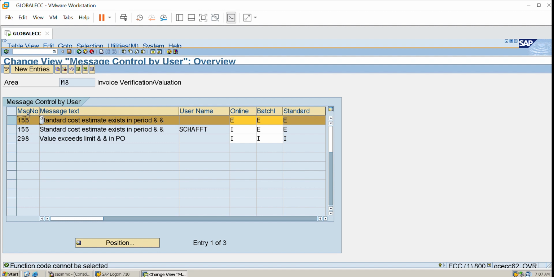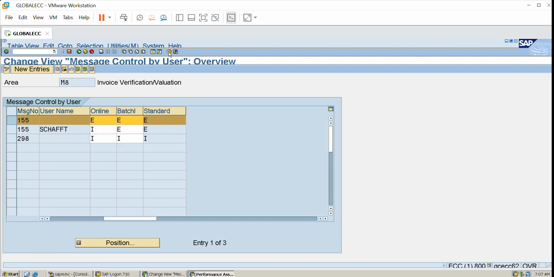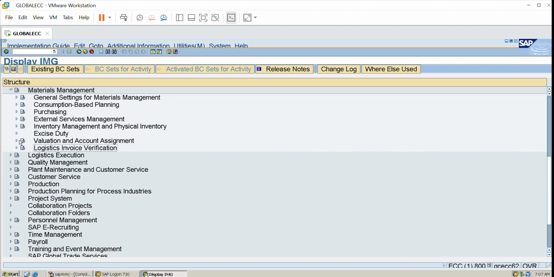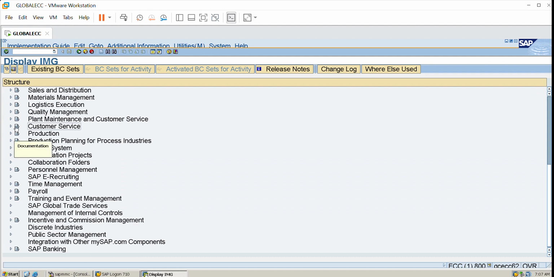Okay, so go here and try to click this help. Okay, for you this option is not available. I don't know why. So here we'll get a message type, warning message or error message, E or W. So we can change it. Similarly, I'll show you this is there in purchasing also. So let's go to